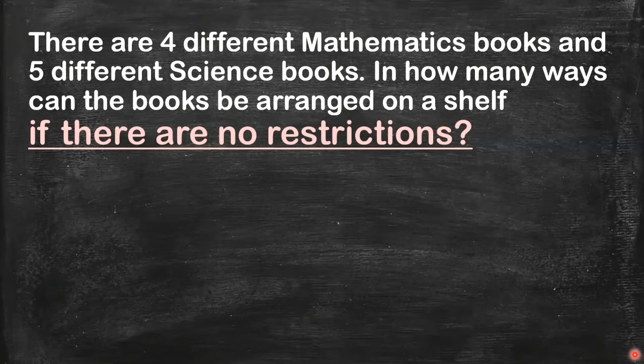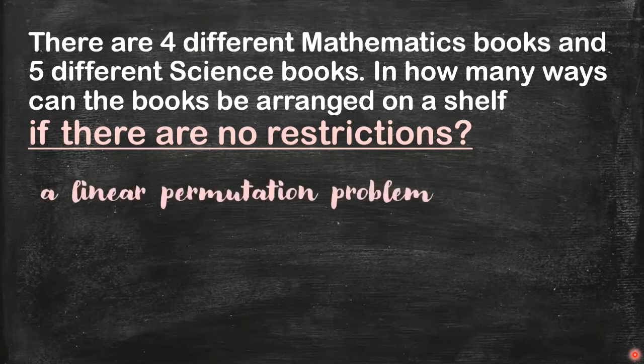Okay, this is the same problem as kanina. So, let me teach you another way on how to solve this kind of problem. If you don't like to use the permutation formula, and you notice that the given problem is just arranging in a row or arranging objects in a line, so, obviously, this is a linear permutation. Okay? So, kapag linear permutation,